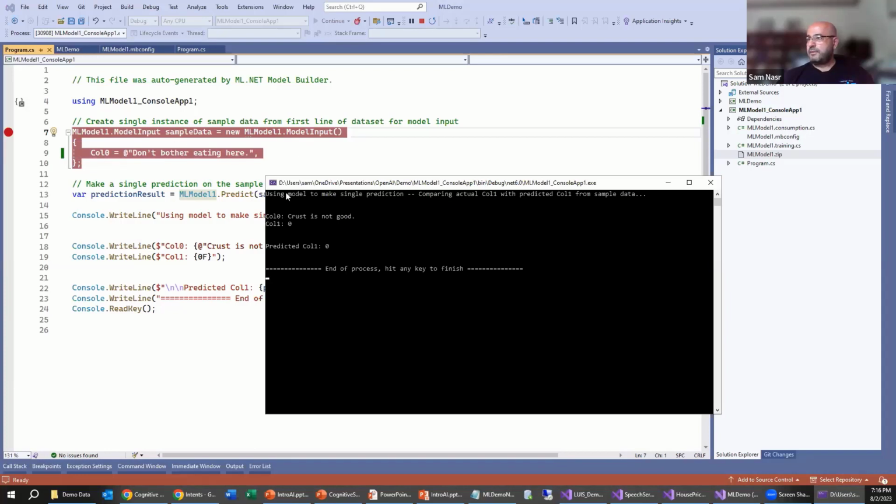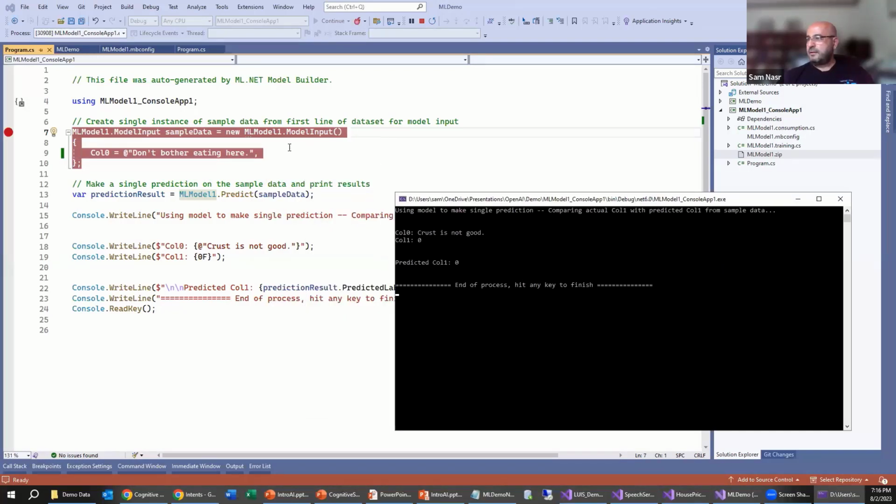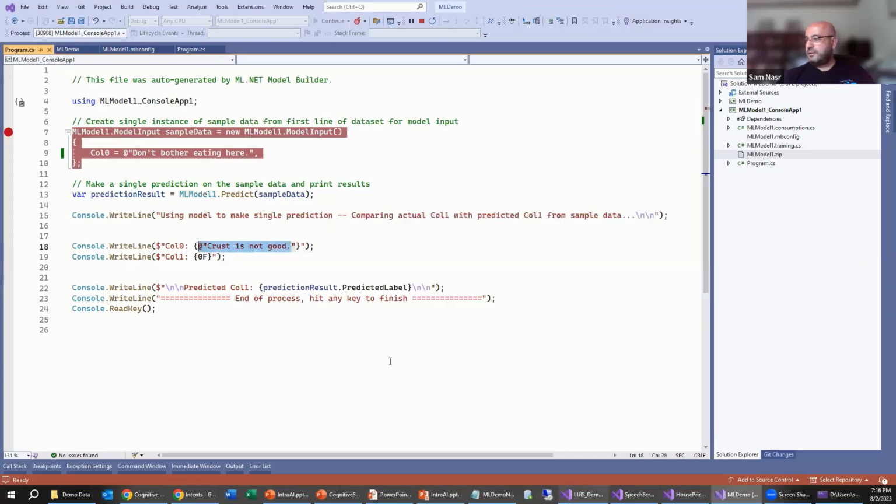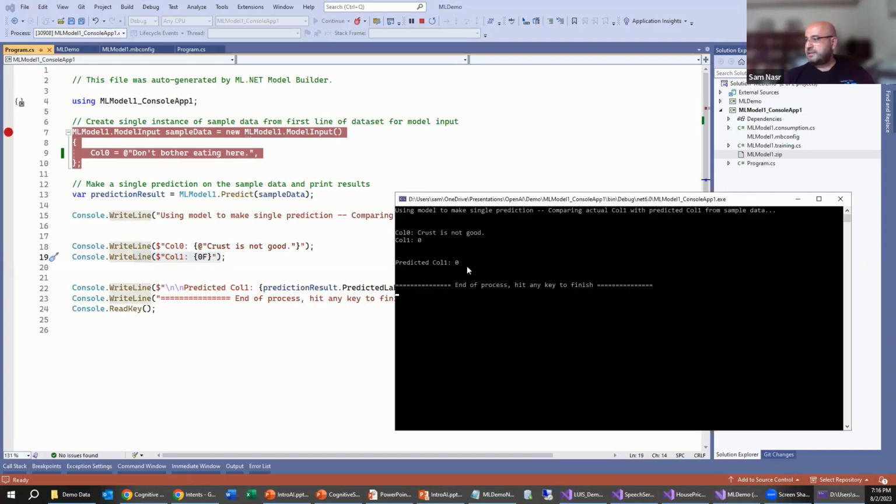All right, so even though I put in the data "don't bother eating here," I forgot to update this sentence as well. But essentially the prediction that appears down here says that this is a negative comment, where the predicted value is 0. So I trained it on a variety of different phrases. I gave it something that was not included in that list, and it was able to make a smart prediction. Hence, think of the 3-year-old example.